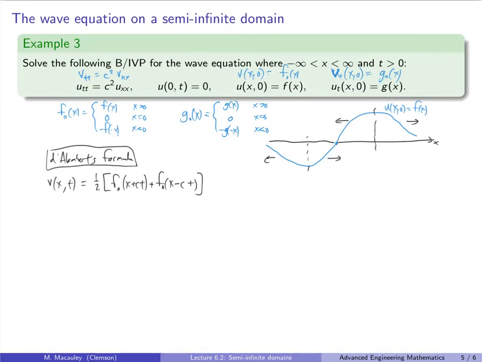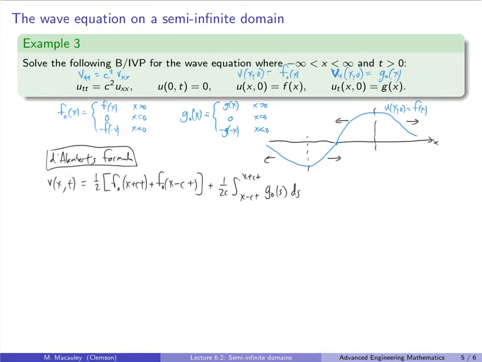Now we've got to be careful, there's going to be some interference. Well, I'm just going to wait and show you. So let's keep going. Plus 1 over 2c times the integral from x minus ct to x plus ct of the odd extension of g, ds. Okay, so this is the solution to this